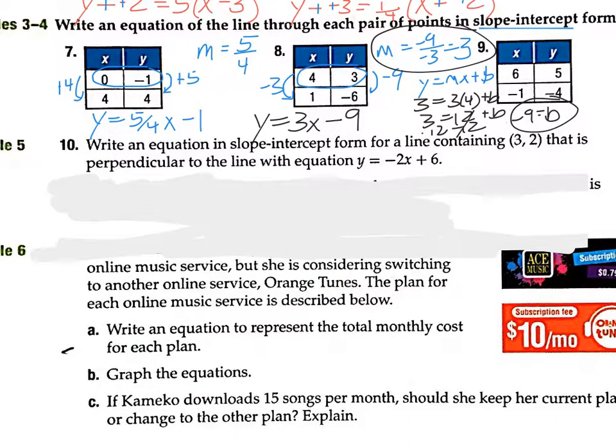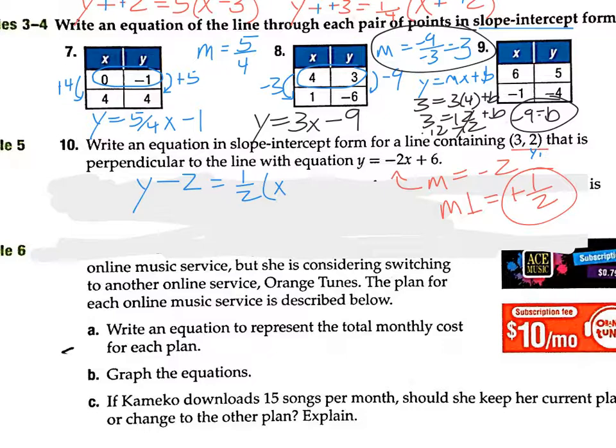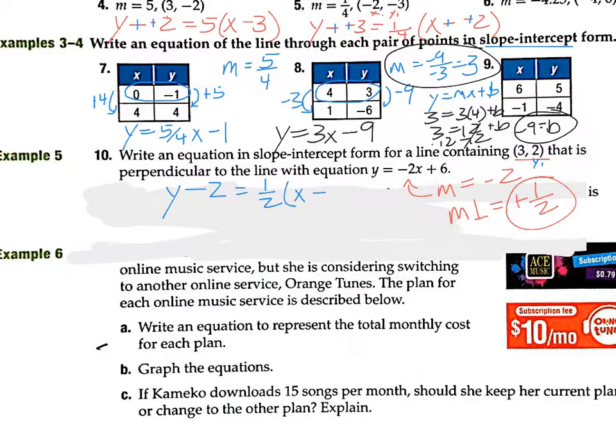The slope for this one, m, is negative 2. So my perpendicular slope would be the opposite, which is positive. Reciprocal means I flip it, which would be 1/2. So that's the slope I'm going to use, and I have to go through this point. Again, I've got to put it in slope-intercept form. This time I'm going to start with point-slope form and change it. So y minus, this is my y1, equals m times (x minus, there's my x1,